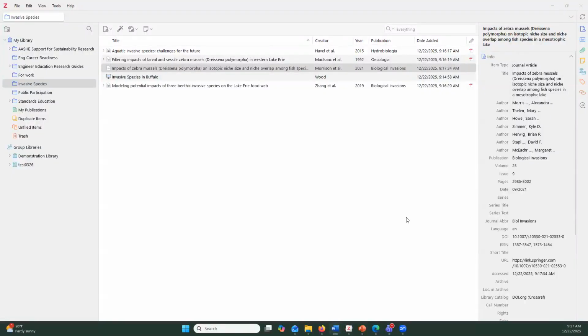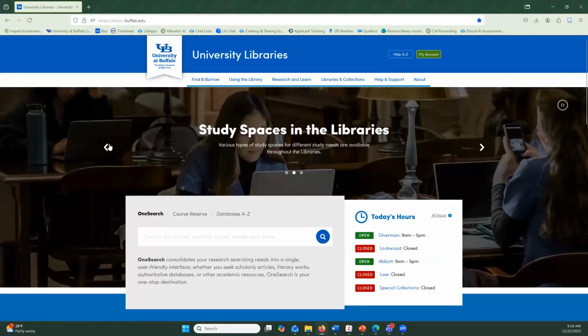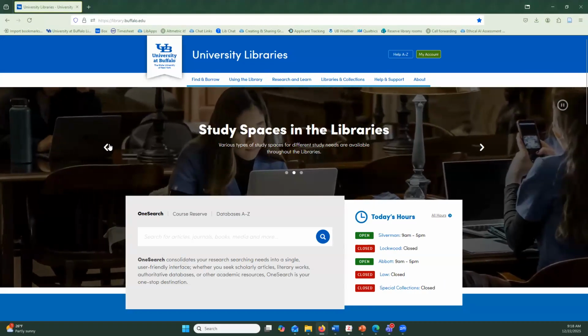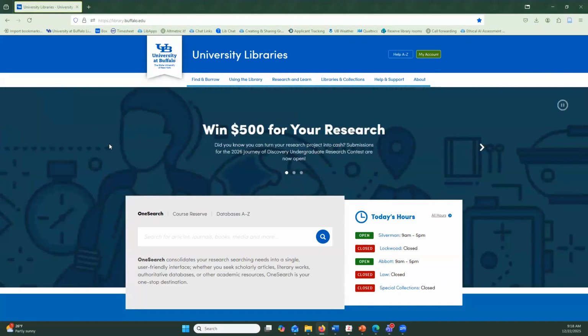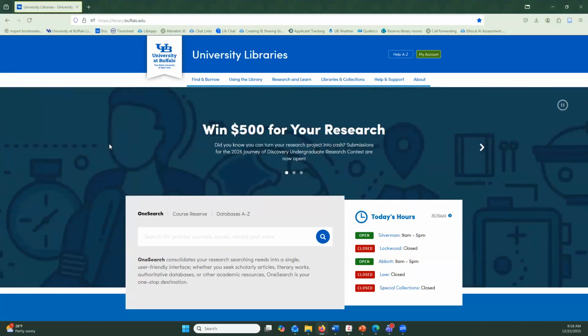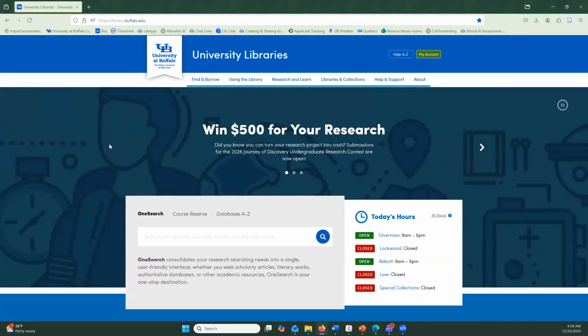Now let's take a look at that Zotero browser extension. In my opinion, this is the best way to add things to Zotero, especially if you're actively gathering items for your research. So we downloaded the browser extension in the first video in the series. If you haven't done that already, I suggest going back and watching that video. So I'm going to demonstrate using this tool in OneSearch, which is the library's catalog, but it will work in almost every library database and even with non-database items like YouTube videos, news articles, or websites.